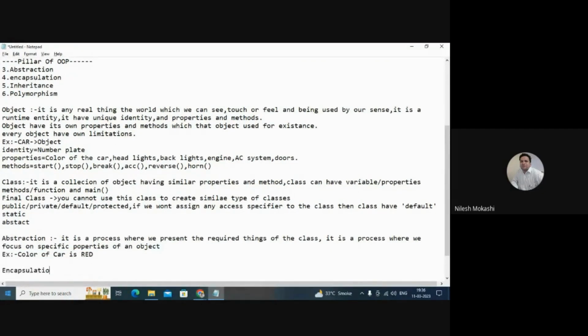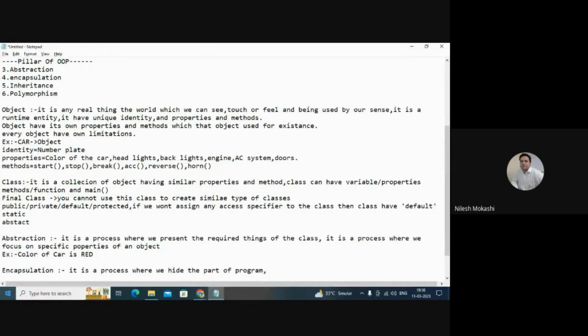Encapsulation, we'll go for this now. It is a process where we hide part of a program. It is exactly the reverse of abstraction.